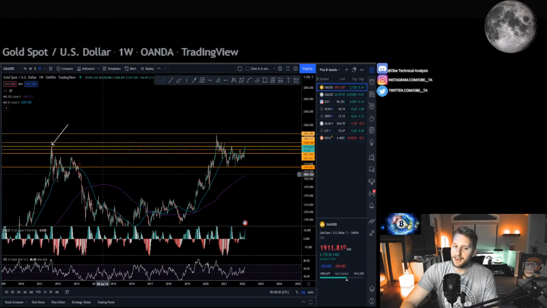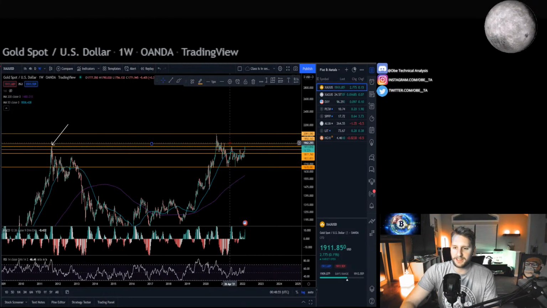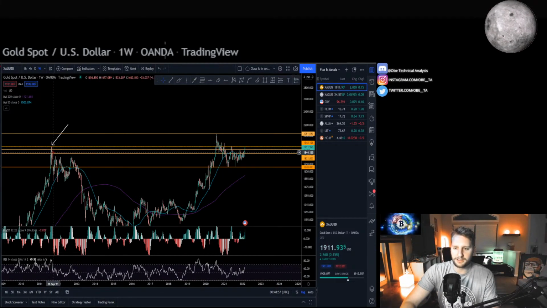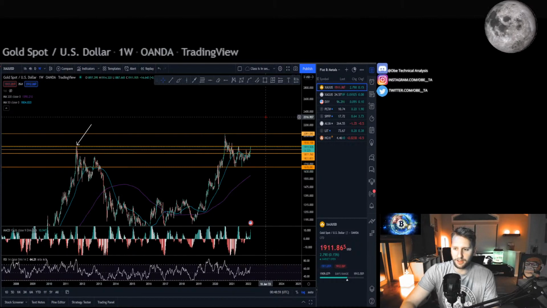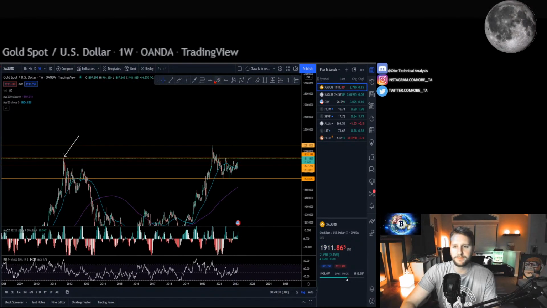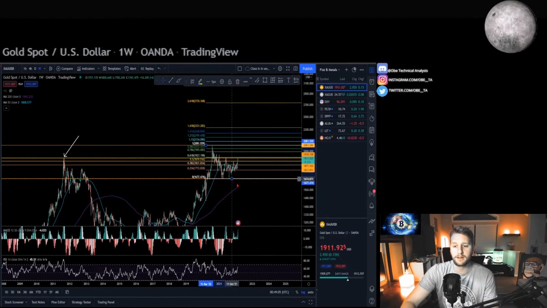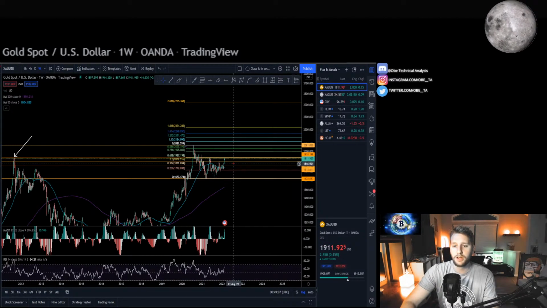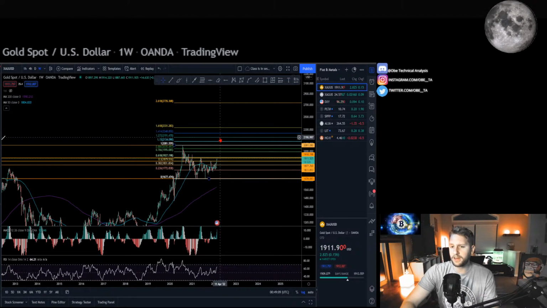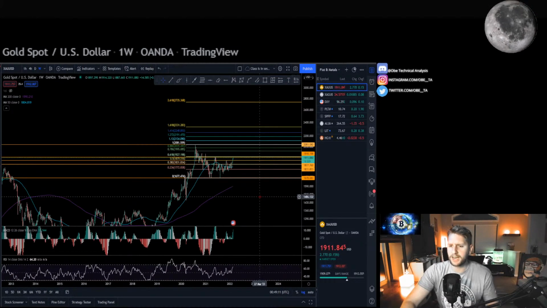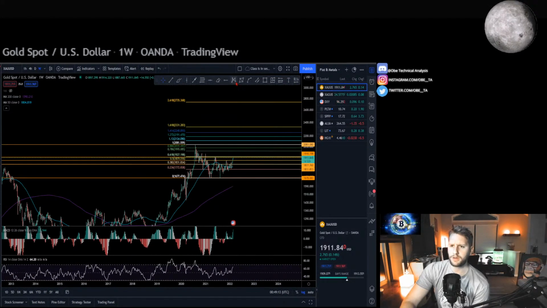But yeah, you get above that support, I kind of take this line back, you get above that support from back there, that is so significant that I think it's straight to like 2081. And beyond that, the way to target that would be Fibonacci from that high to the low. We'd be looking up here around the 1272s, that kind of area. Maybe even get a little harmonic in here or something. Where's this at? The 618.